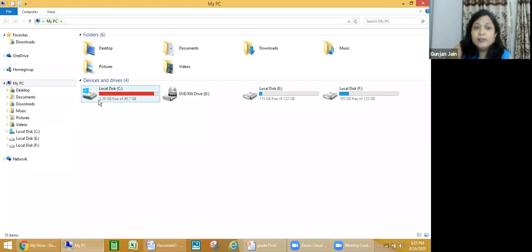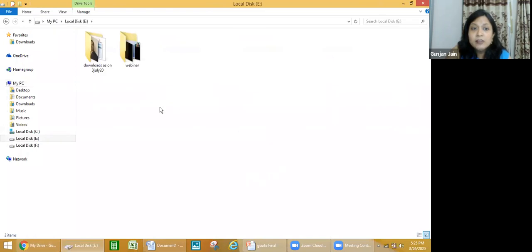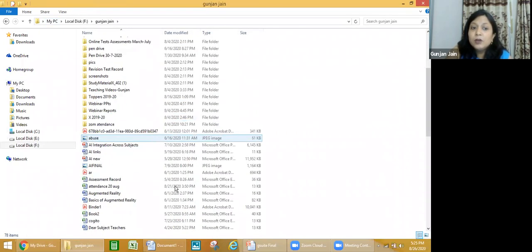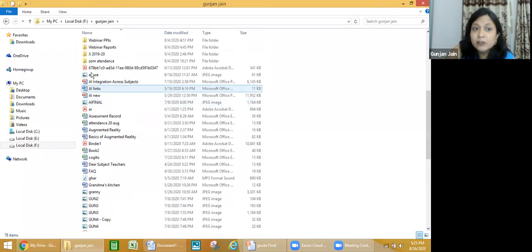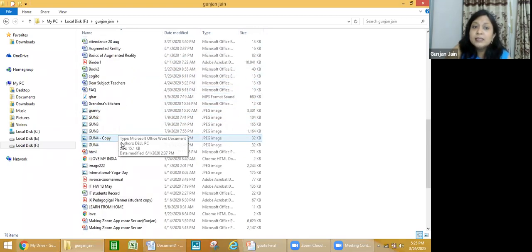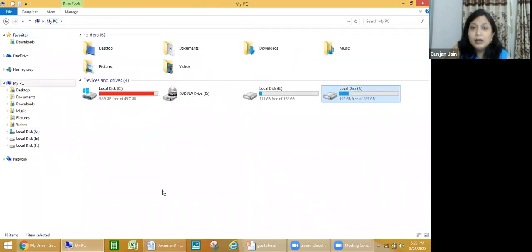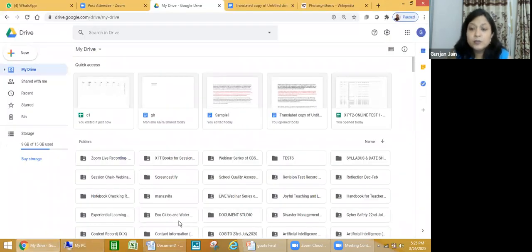So what is Drive? Drive is just like the drive on my computer. Can you see the various drives on my computer? C, D, E, F. Now, if I click on any drive, I can find some folders. Now, inside these folders, I can see the various subfolders. I can see the various files. Files are of various types. It can be a picture, it can be a spreadsheet, it can be a Word document. So all these are stored together in my F drive, in the F drive of my laptop. So similarly, we have Google Drive, which stores all types of files.